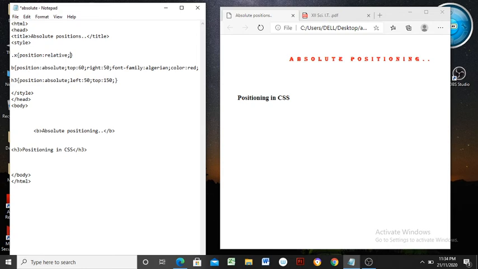See here, top minus 10, that is nothing but just after the border at top, such content will be displayed, but with a minus 10 value.